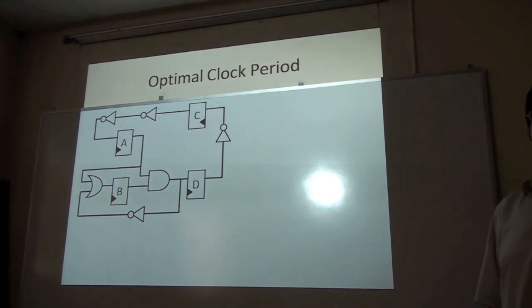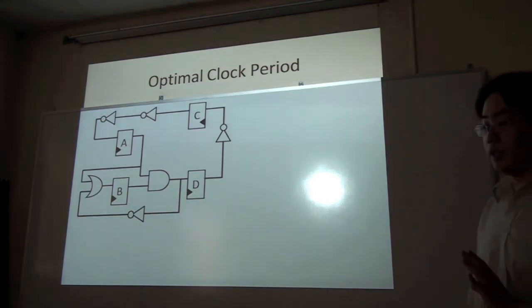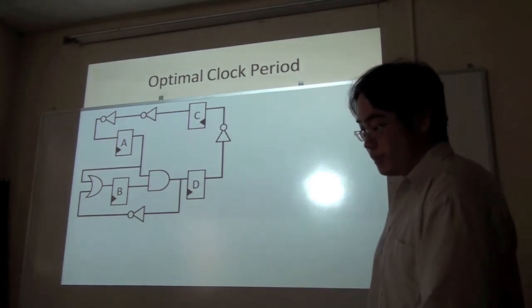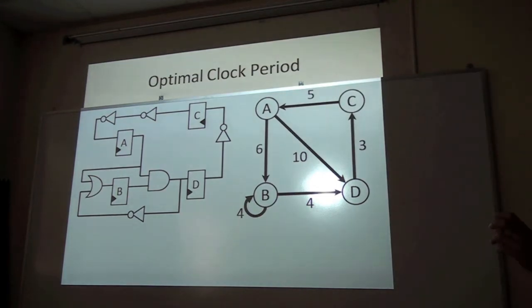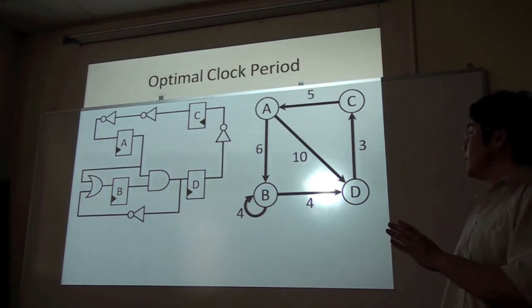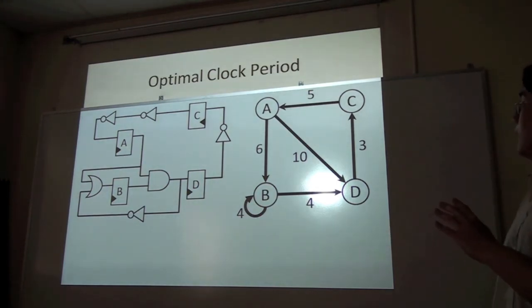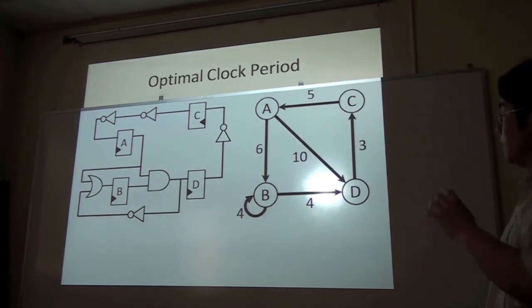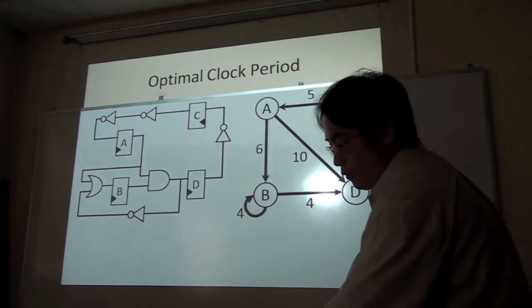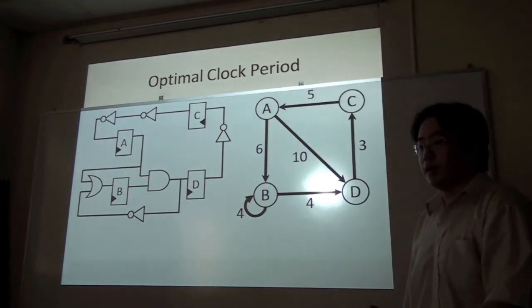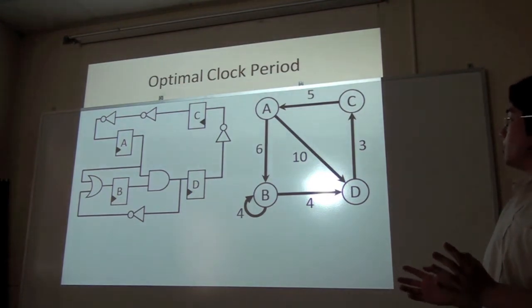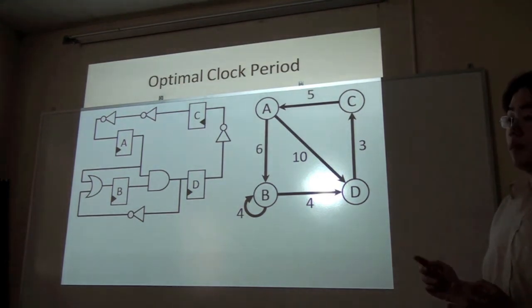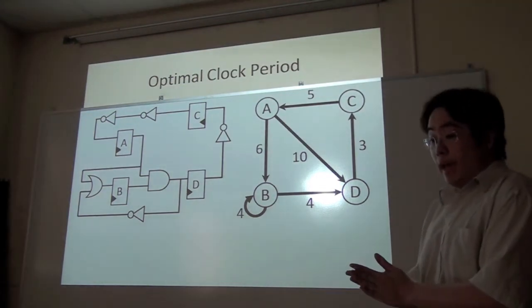Suppose that we ignore hold time violations for now, and we just consider setup time constraints. What we can do is construct a graph, like so, where each vertex in the graph represents a register, and edges between vertices represent delays on combinational paths between registers. If we look at this circuit without any time borrowing or cycle stealing, the best we can clock this circuit at is 10 nanoseconds because of the path from A to D. Now, if we can cycle steal,